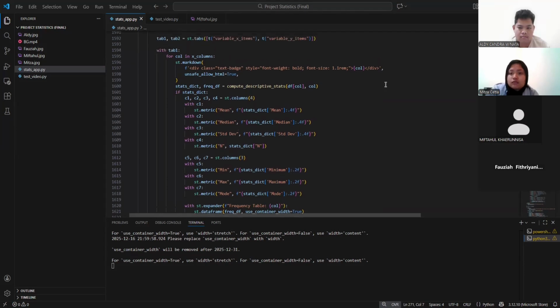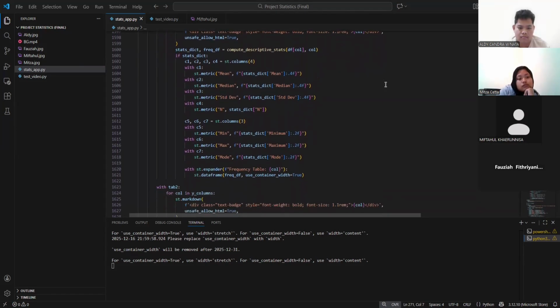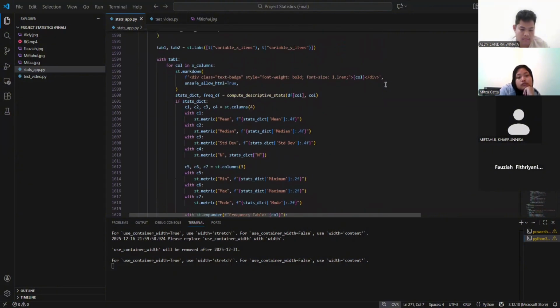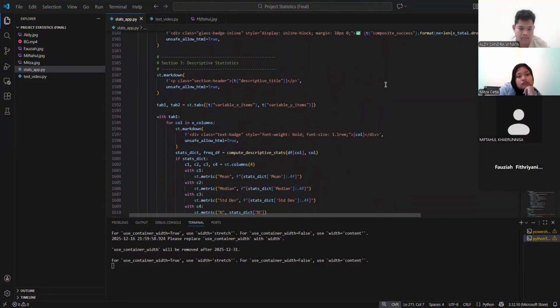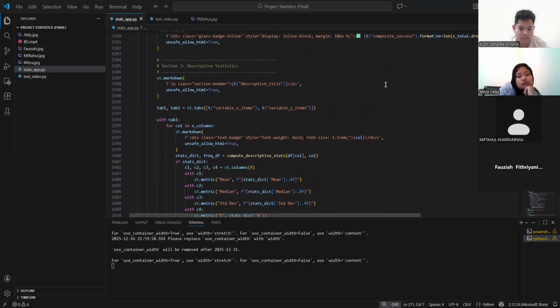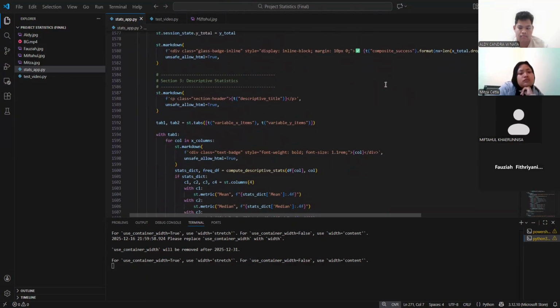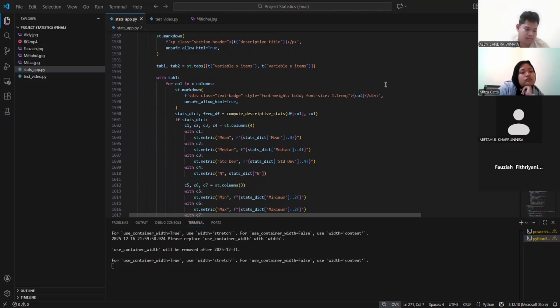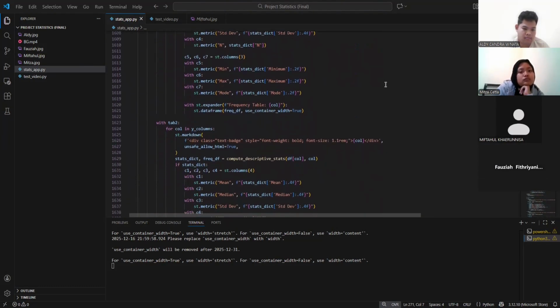As documentation and design lead, I will explain the descriptive statistics, visualization, correlation analysis, and PDF export section. Sorry, I'm unable to turn on my camera due to a laptop error. Row 1650 to 1700 introduces the descriptive statistics section of the application.